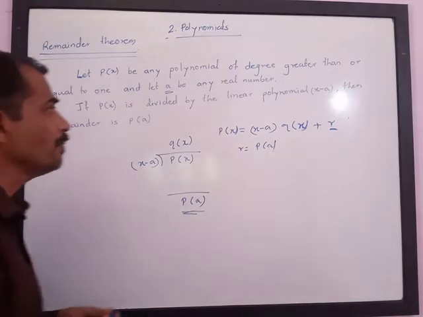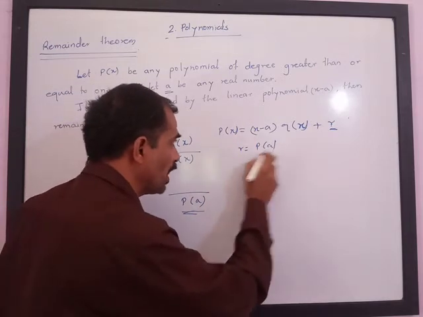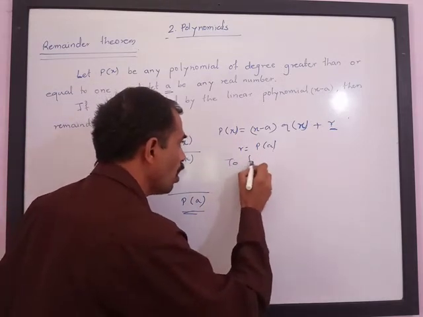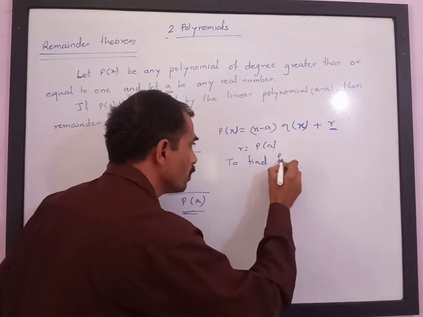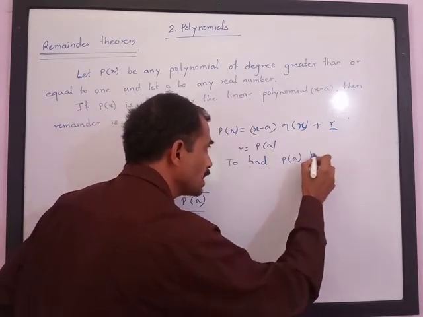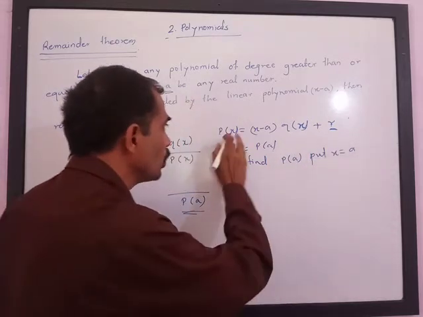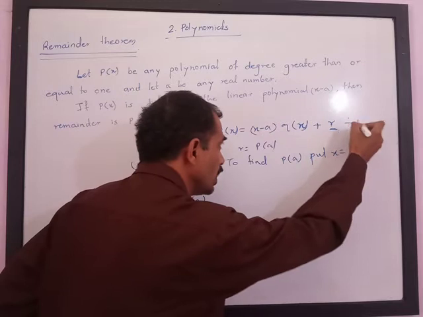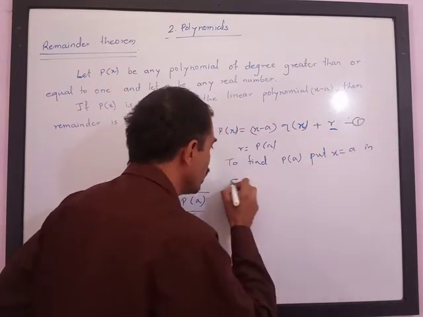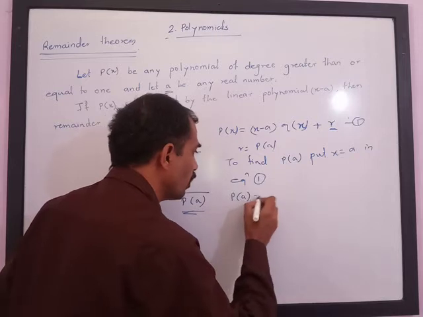Now let us see what we get for p of a. To find p of a, put x is equal to a in this equation, in equation 1. We will get p of a is equal to